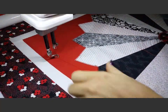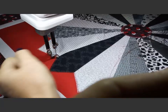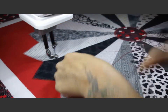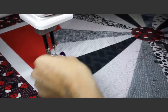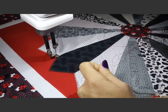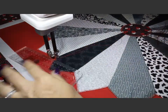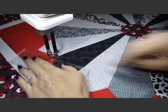Okay, I only advanced just a little bit so that I can stick my needle down in the point right here. So I'm going to be using the points this time, and this one's going to be different than the last one, because again, it's just an idea. So I'm going to tie off right here, and drop my needle at the V, and I'm going to take the slim ruler, and I am just going to go all the way around